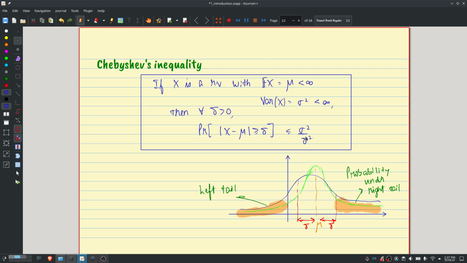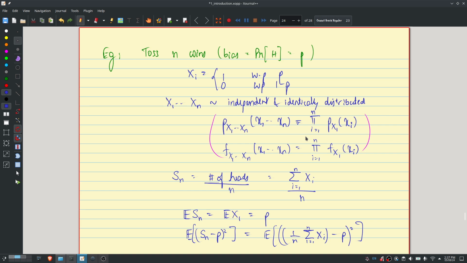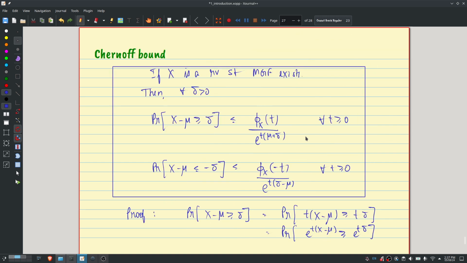So if you have a higher moment, then you can get a better bound. In fact, you can go on improving this to first moment, second moment, third moment, and so on. But then if you know all of the moments, or in other words, you know the moment generating function, then in many cases, you can obtain an exponential tail bound. And really that's the class of bounds that we will be most interested in, and the class of bounds that we'll study for much of this course.